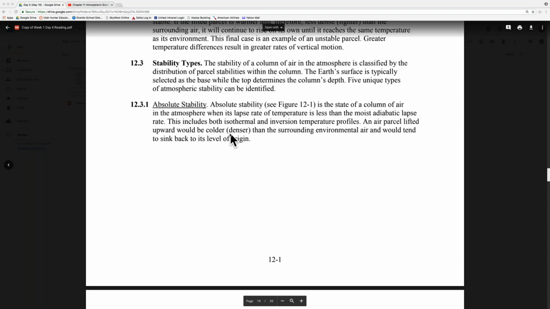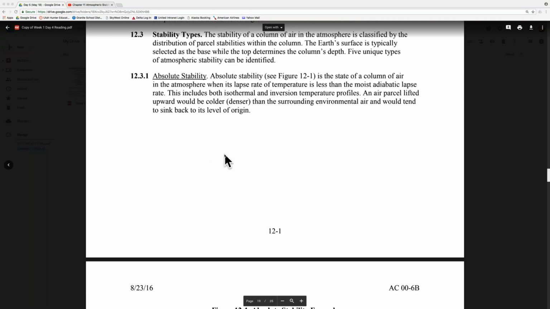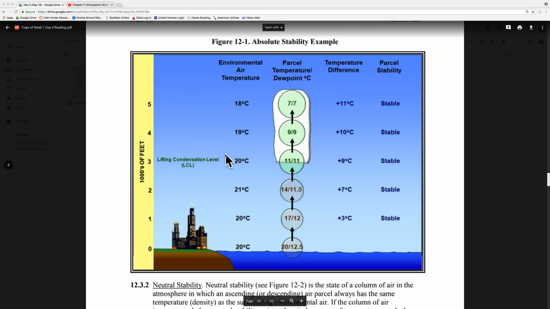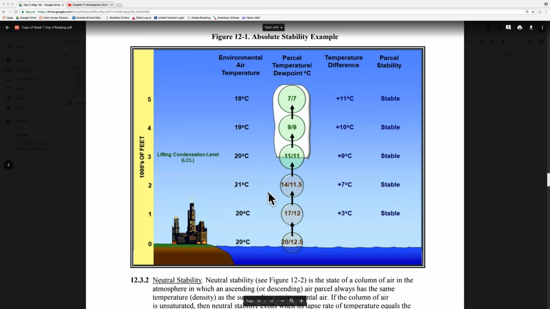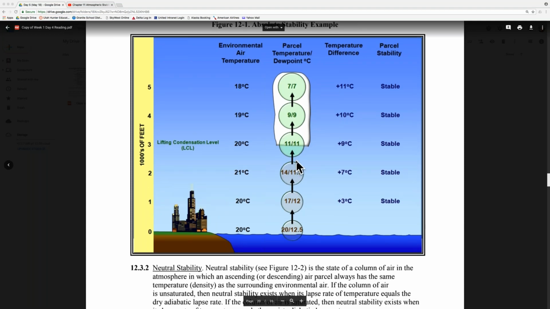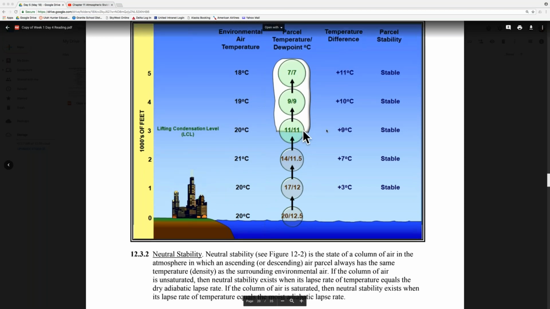So an air parcel lifted upward would be colder or more dense than the surrounding environment air and would tend to sink back to its level of origin. So this is what an absolute stability would look like. A parcel of air would rise and fall right back to the same temperature. Where there's a temperature difference, we would not see